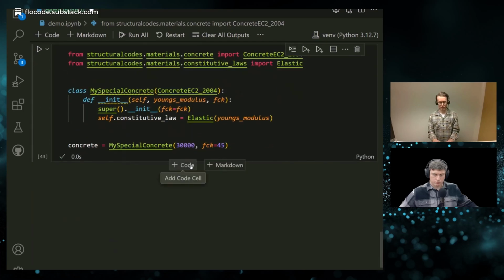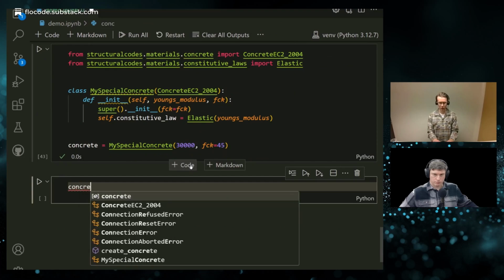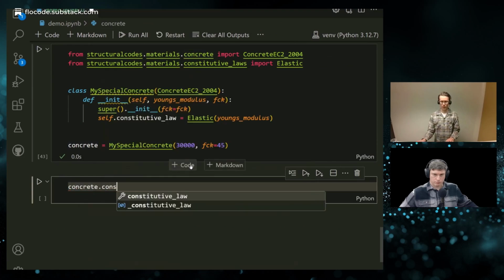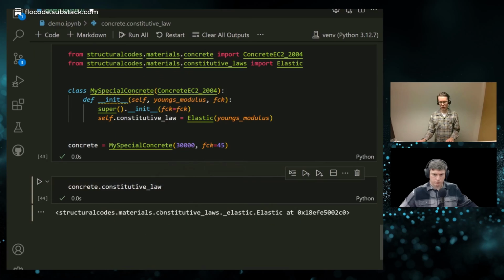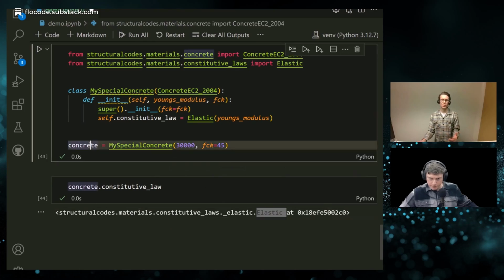Now this concrete of ours will have a constitutive law attribute, which is Elastic. So if we pass this one to our section or to our geometry and our section object, all our calculations will be based on an elastic concrete.